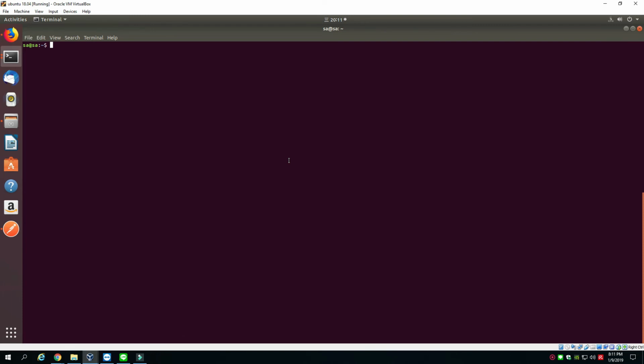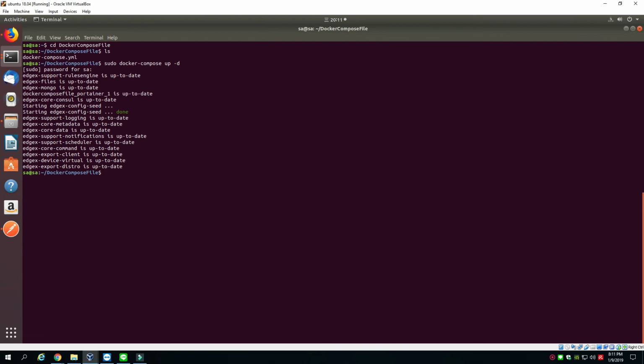First of all, I will go to the docker-compose-file folder. Check, you can see here we have a file with the name docker-compose.yaml. So I will run this file with docker compose up, with this command, and you can start running, and we have to wait